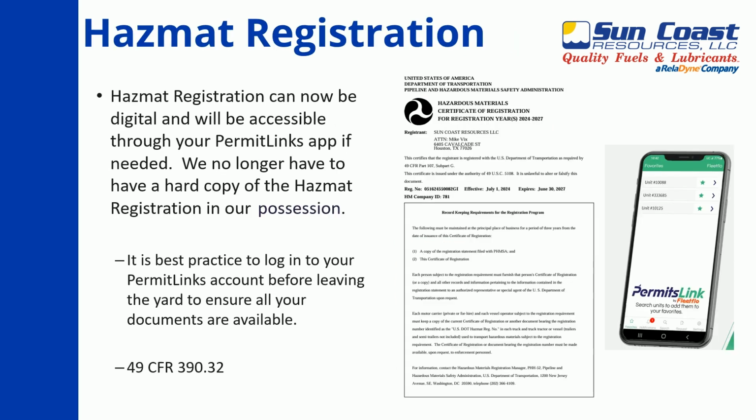Hazmat registration can now be digital and will be accessible through your Permit Links app if needed. We no longer have to have a hard copy of the hazmat registration in our possession. It is best practice to log into your Permit Links account before leaving the yard to ensure all your documents are available. 49 CFR